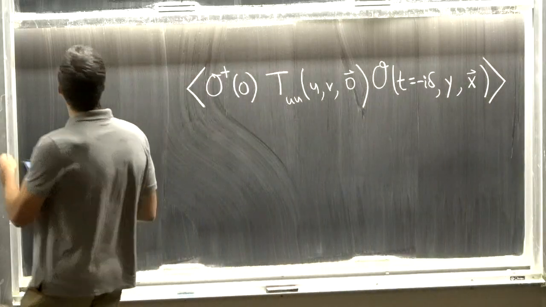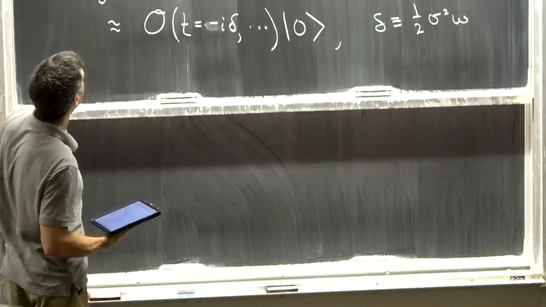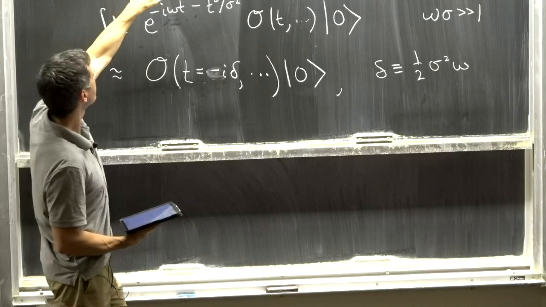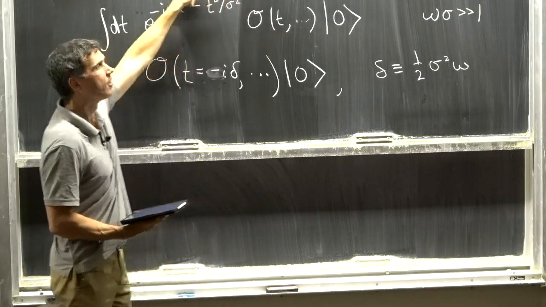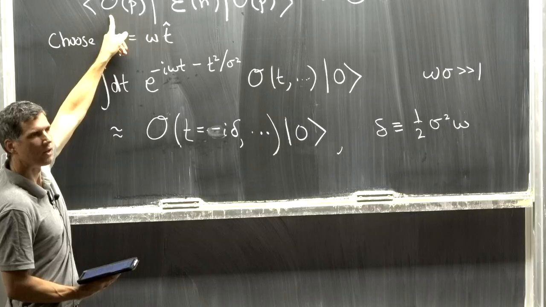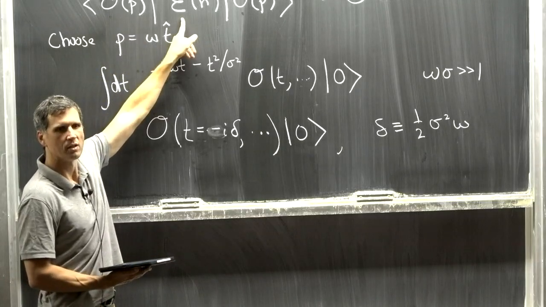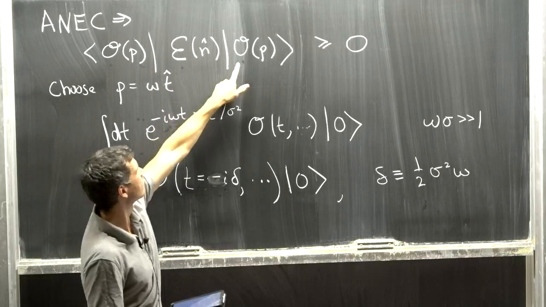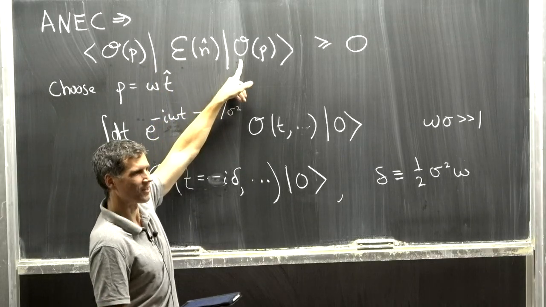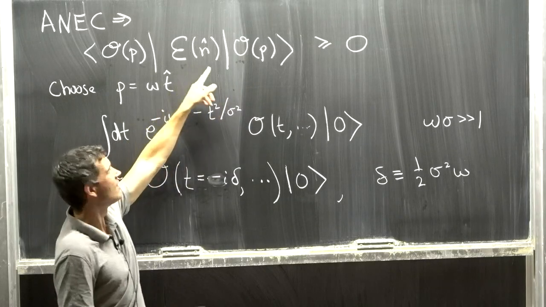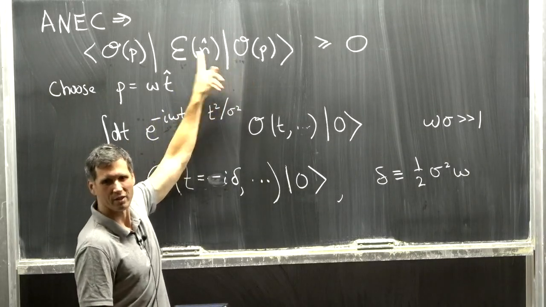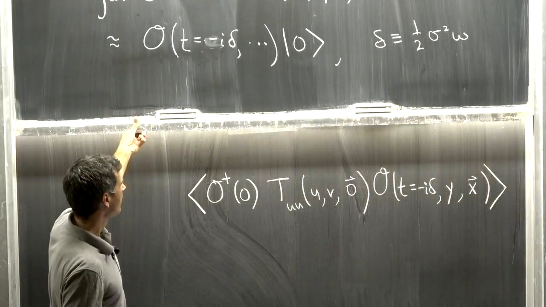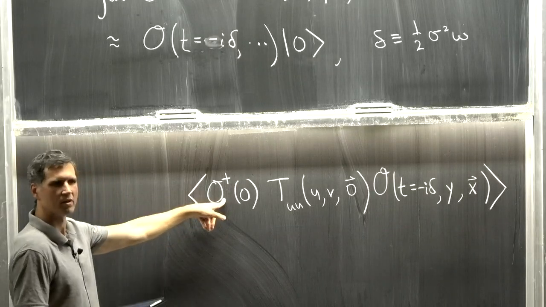So what I'm doing here is just writing out this thing by doing the smearing integrals. Actually, there's two smearing integrals here, one for this operator and one for that one. But since the other operator is all the way at infinity, there's a translation invariance, so we really only have to smear the relative separation of these. That's the same as just smearing one of them. We're going to take one of the operators and just stick it at the origin.